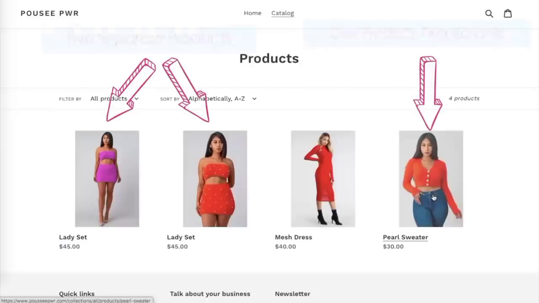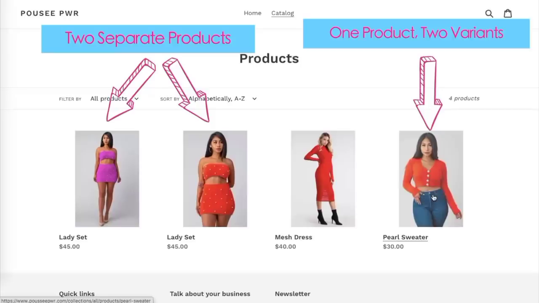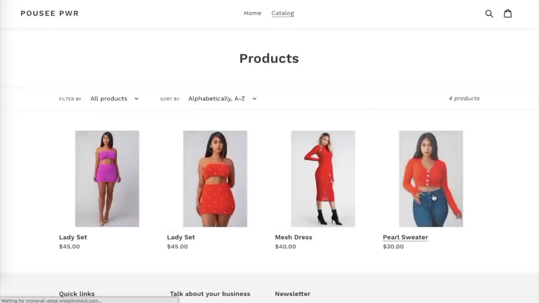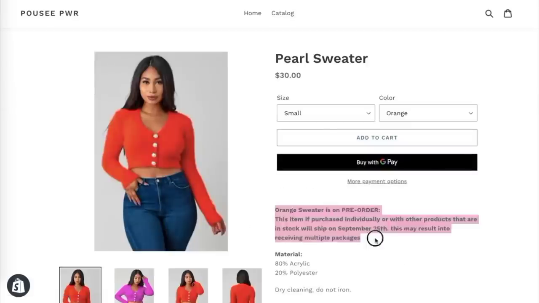This is also really good in the testing period so that you can kind of see which items your demographic gravitates to and just get a better feel of your audience. I'm gonna go ahead and show you guys another example of 1 item in 1 product so that you guys can see what I'm talking about, and if you want to go that route, you know exactly how to do it. So this sweater I purchased in the color purple, but it also comes in the color orange, and